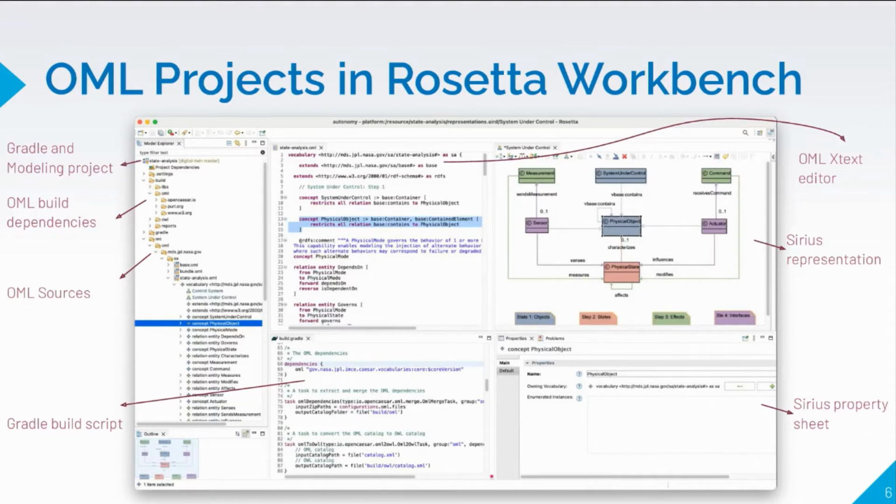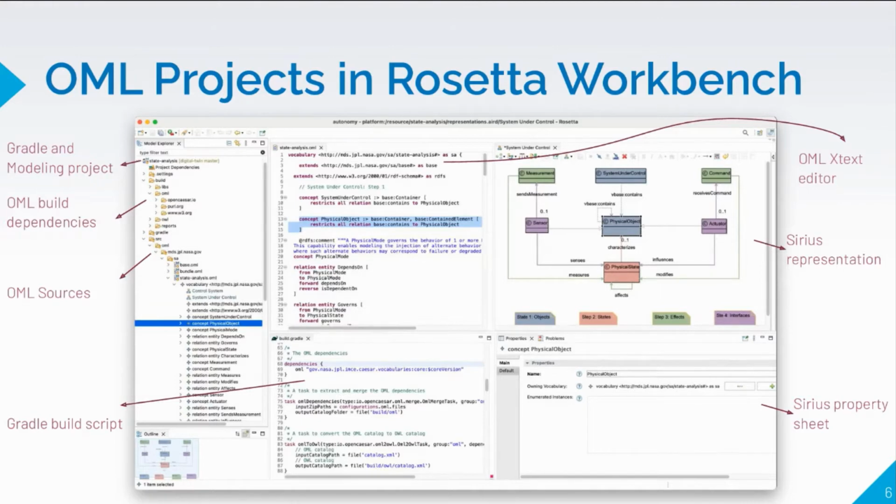And you see here what you would expect in a typical modeling workbench. On the left, you have the Explorer that allows you to create OML files. And we have a particular OML project template that allows you to define the sources of the ontology that you want to work on, but also declare their dependencies, which we manage using Maven.